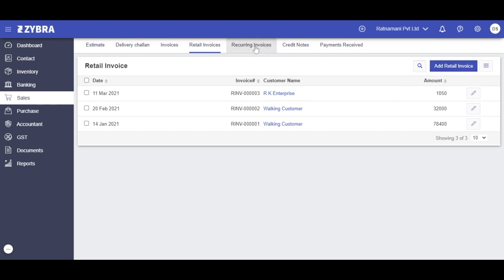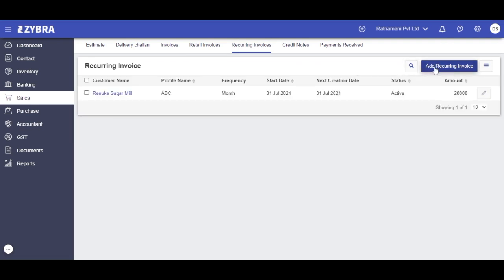If you want to make any recurring invoice, you can also add it from here. Recurring means your fixed invoice, which is monthly or weekly or quarterly. Okay, it's a fixed invoice. It's going to happen once every month. So you have to set that profile one time, and then the invoice will generate automatically.